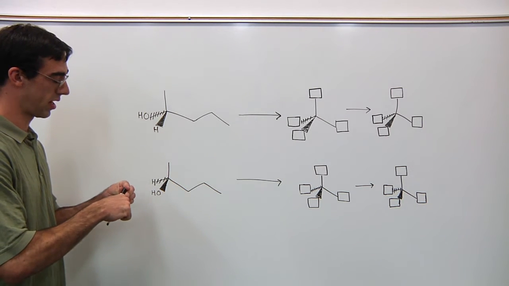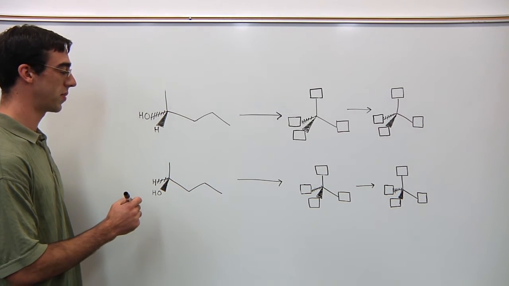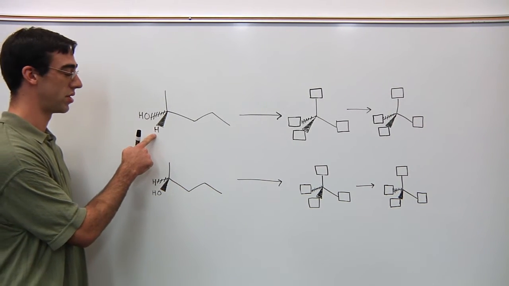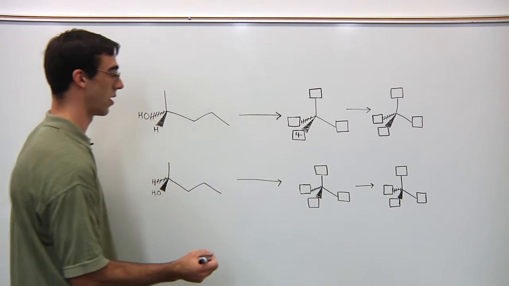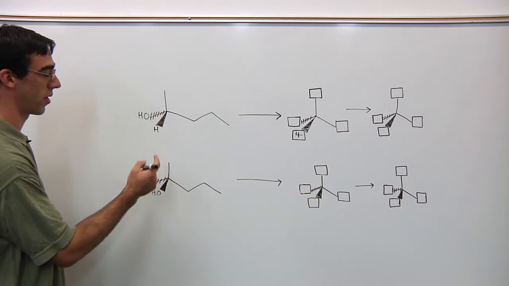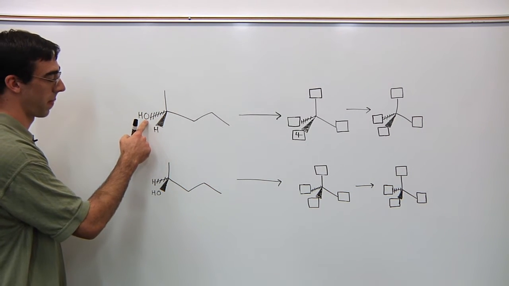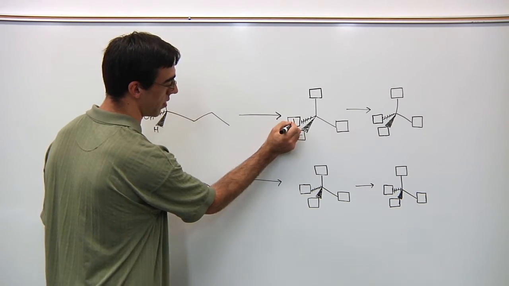Atomic groups attached to the chiral center are given priority based upon their atomic number. The lowest priority goes to the one with the lowest atomic number. In this case, it's hydrogen, which has an atomic number of 1, so it has the lowest priority. The highest priority of all these groups is going to be oxygen, because it has an atomic number of 8. So we're going to designate it priority 1.